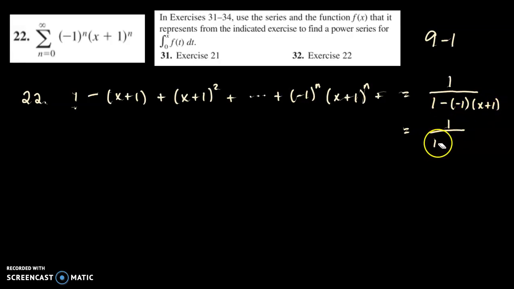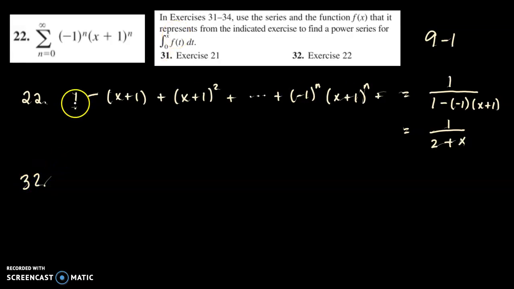So it would be 2 plus x. Okay, so that's 22. For 32, we want to know, if I do the antiderivative or the integral of that,